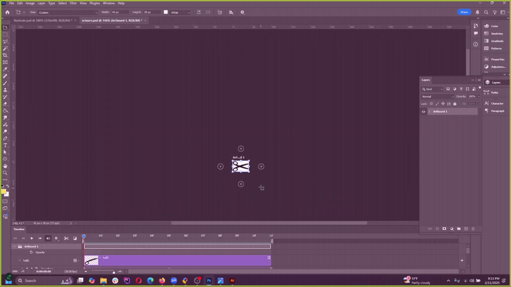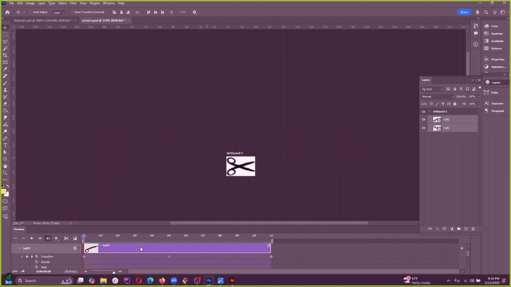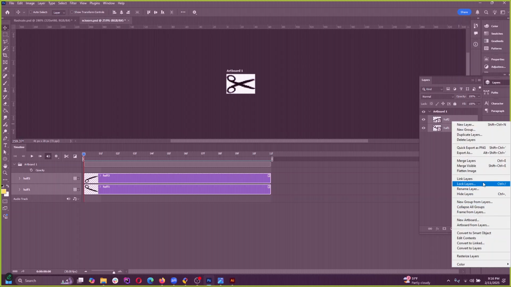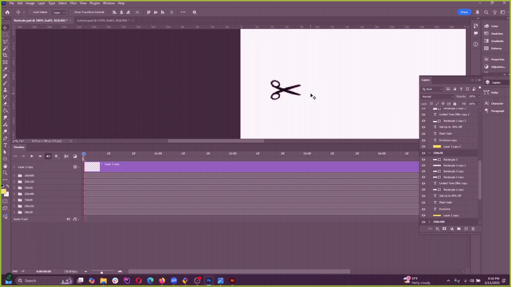Instead, I think we need to select the two halves. So just select all of this, right click and convert to smart object. And then take that smart object, drag it over,